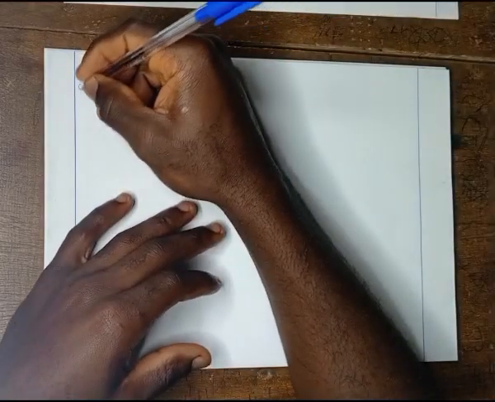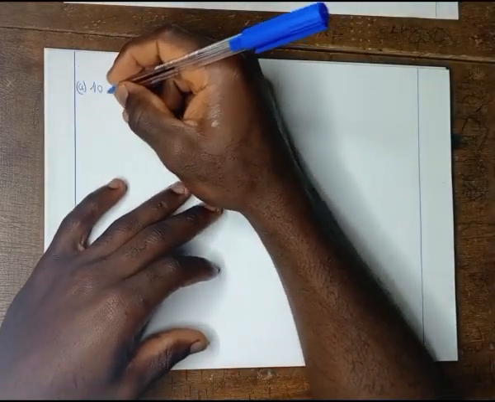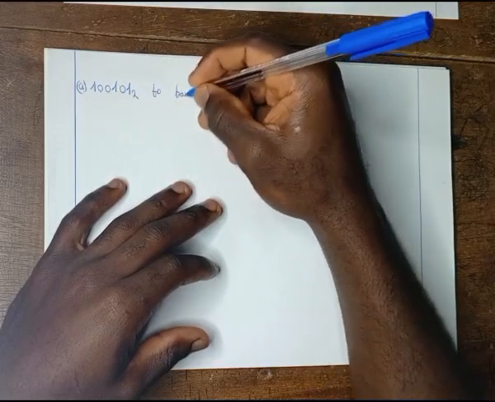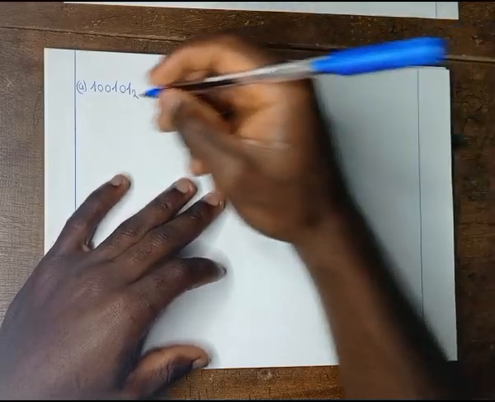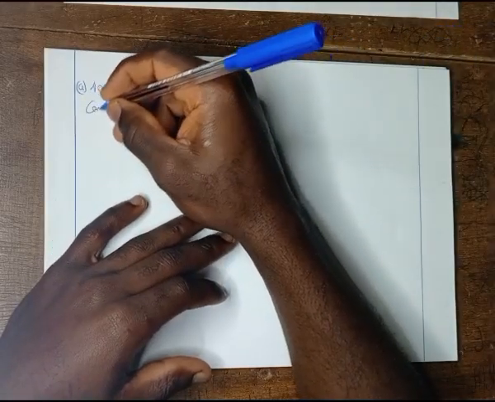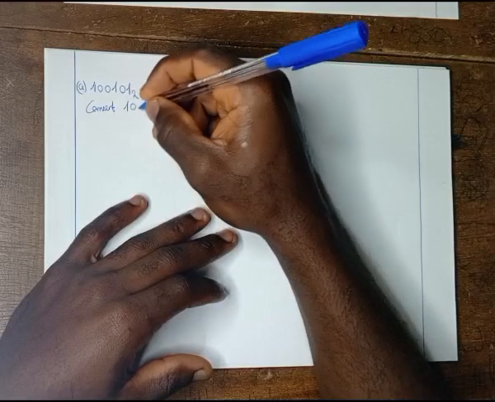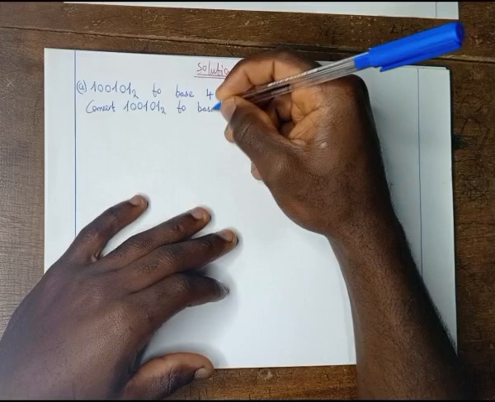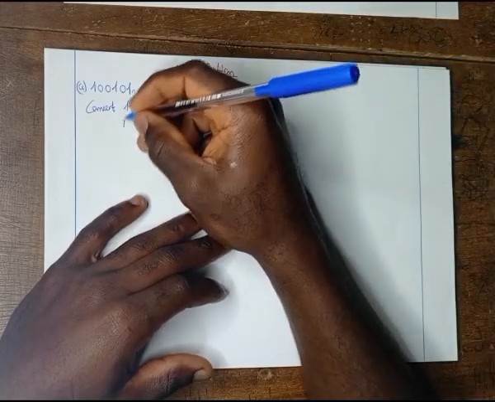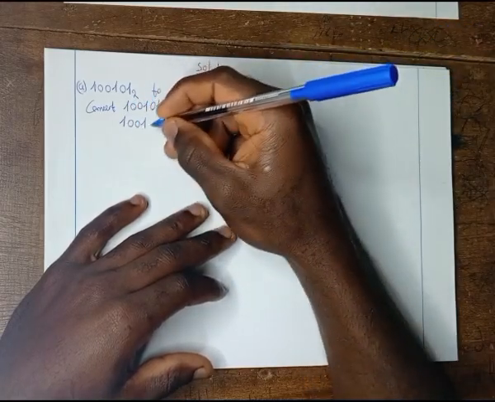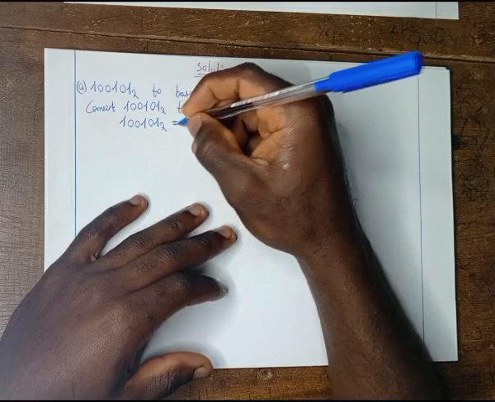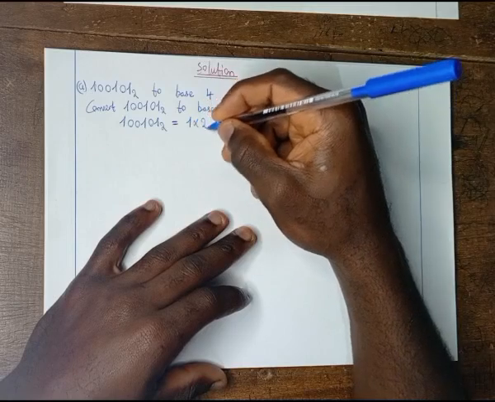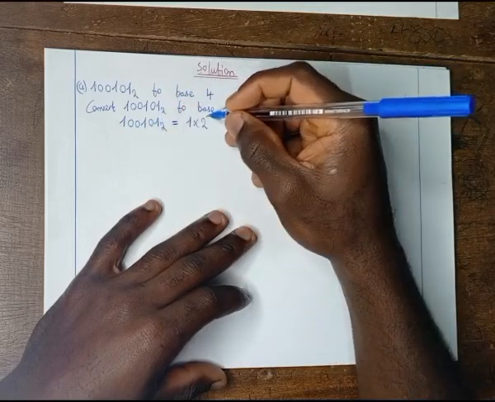For A, we have to change 100101 in base 2 to a new base of 4. First thing, we need to convert 100101 in base 2 to base 10. For us to convert this number to base 10, first thing, we need to expand this number in powers of the base 2. So this will give us 1 times 2 raised to the power 5,